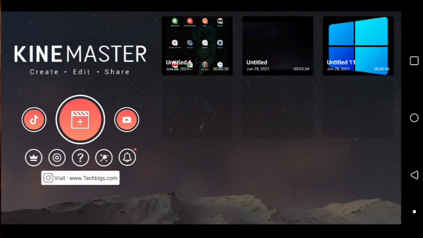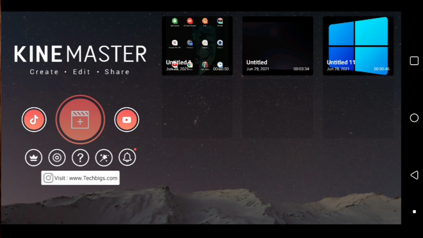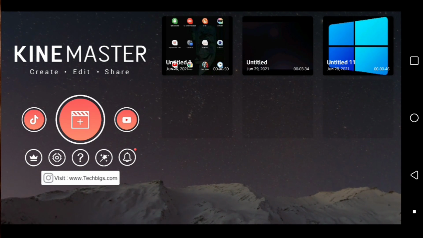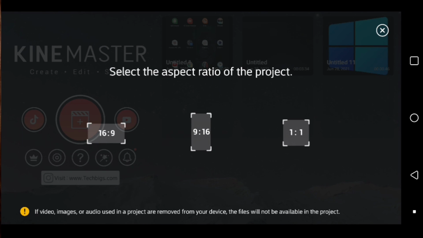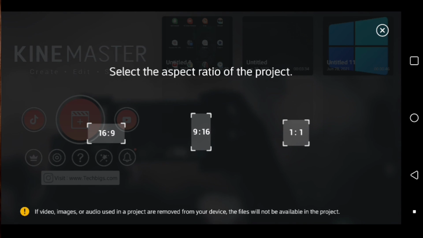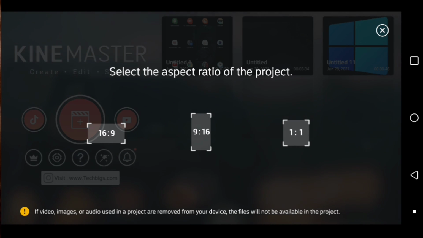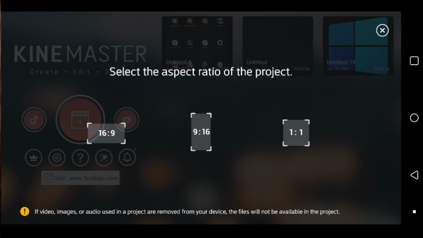So let me go back. What you'd want to do is click this big icon in the center. It is an icon which represents new project. So once you've selected new project, you are asked to select the aspect ratio of the project. Typically I would select 16:9 because I would export my videos in landscape format, and that would allow me to upload to YouTube in 1080p and have a better view. Now if you wanted to export videos for TikTok, I'd recommend you use the 9:16 aspect ratio, and 1:1 would be for Instagram videos and Facebook videos and so on. So let's select 16:9,